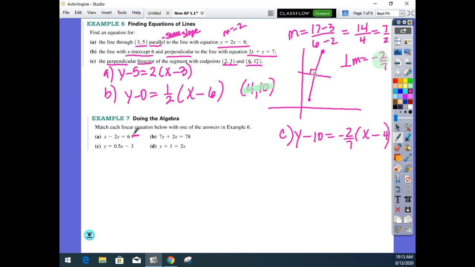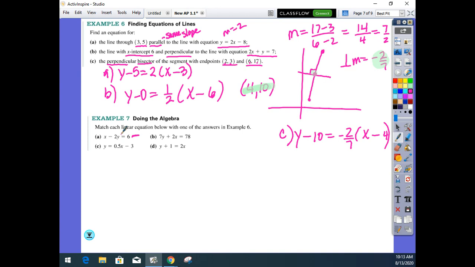How do you manipulate these 3 equations and see which one this matches? So this has x and y both on the same side. You have a lot of options. You can get y by itself in all of these, and then match. All right, and then if you want to turn the video back on when you're ready,